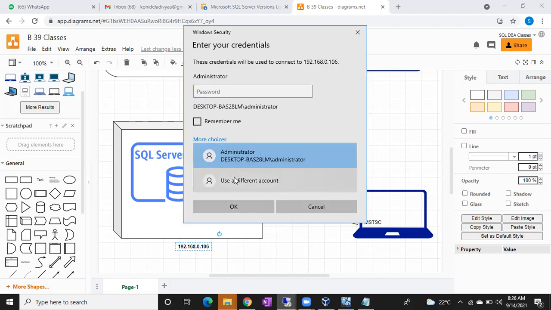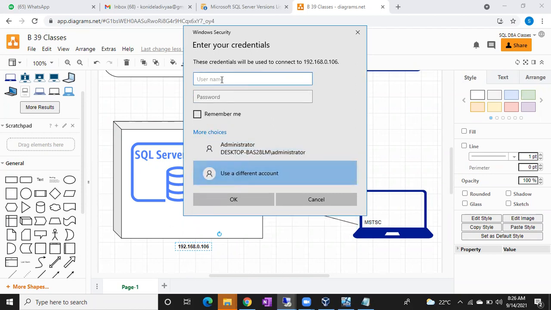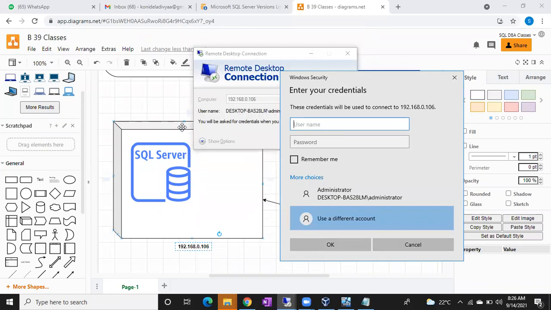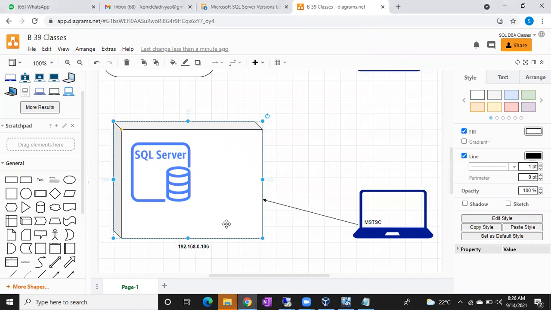If you choose use different account, it will ask you to enter a username and password. Which username and password? The Windows server username and Windows server password. Once you enter them, it will automatically connect.